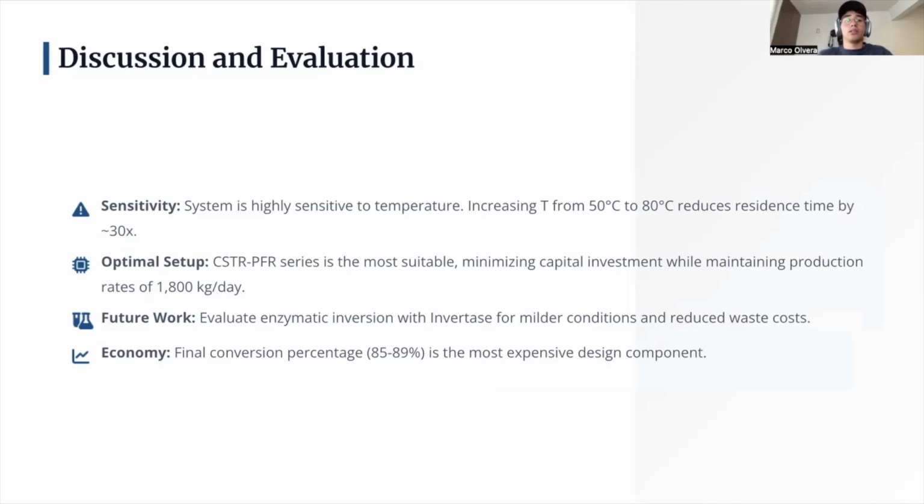And then talking about the discussion and evaluation, first of all, the sensitivity. The system is highly sensitive to temperature. Increasing temperature from 50 to 80 reduces residence time by 30 times. Then the optimal setup, CSTR and PFR in series, is the most suitable, as I said, minimizing capital investment while